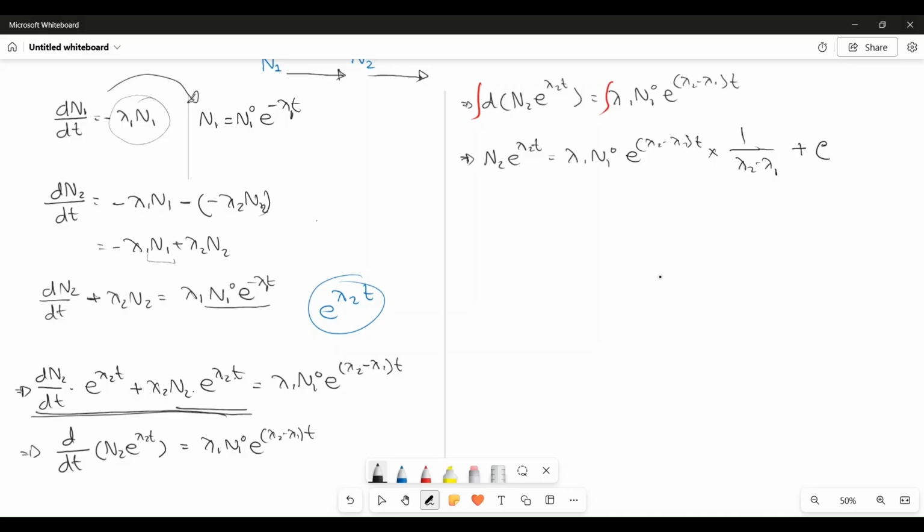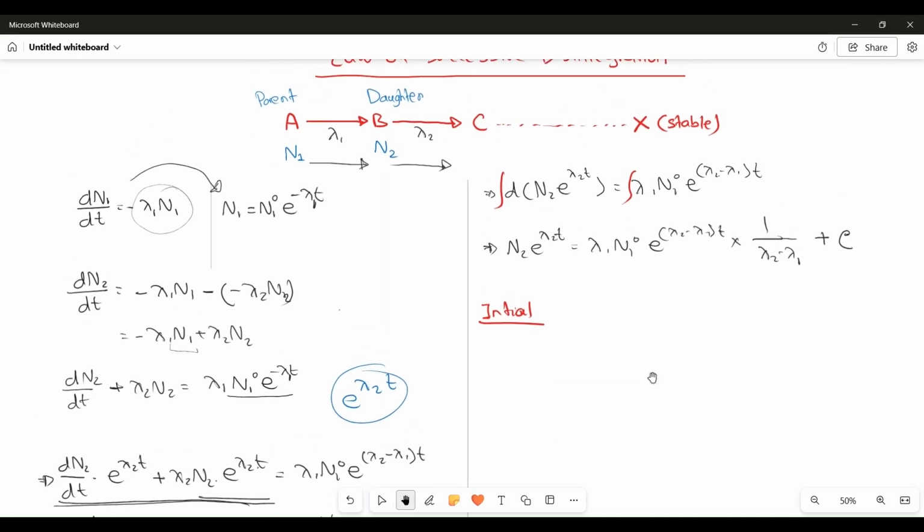Okay, so this is a very basic integration, and from here we have to find the value of c, and we can find the value of c from the initial condition. So in the initial condition, if you look here, that means t equals 0,